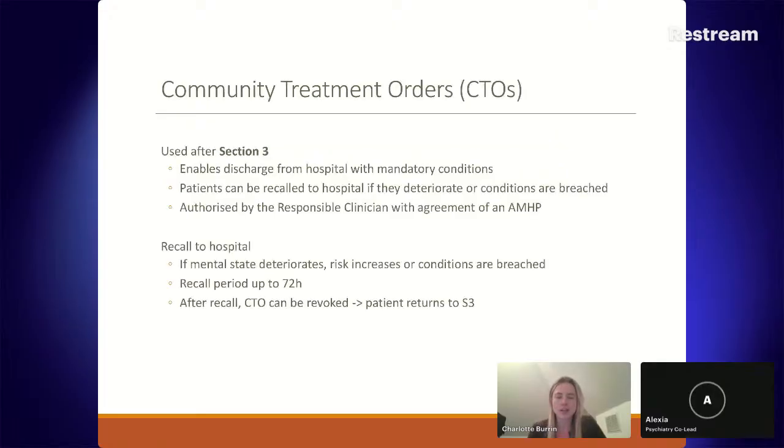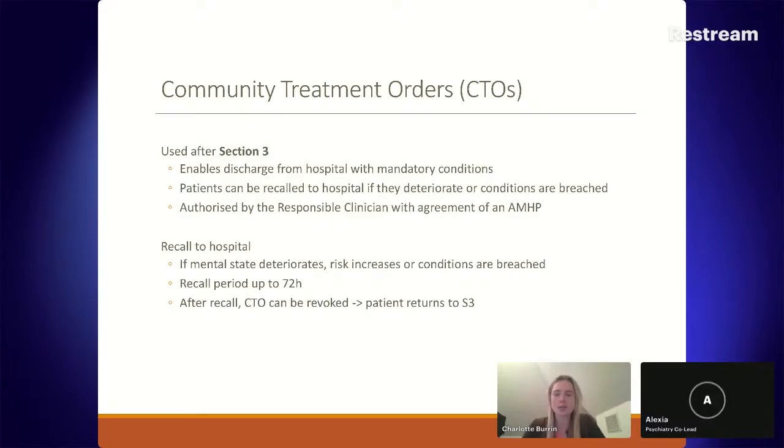Community treatment orders. Again, this is another part of the Mental Health Act, not specific to the detaining sections like 2 and 3. It's effectively a continuation or suspension of a Section 3 in the community. So this only applies to people who are in the community and only applies to people who have been treated on a Section 3. The idea of this is it enables people to be discharged from hospital perhaps a little bit sooner, because you can impose mandatory conditions on their discharge. Those conditions are often things such as making sure that the person engages with their community team, stipulating that they must comply with their medication, things like that.